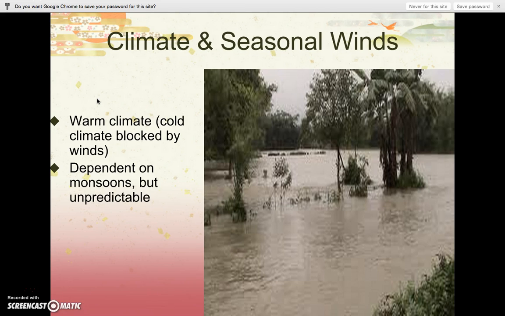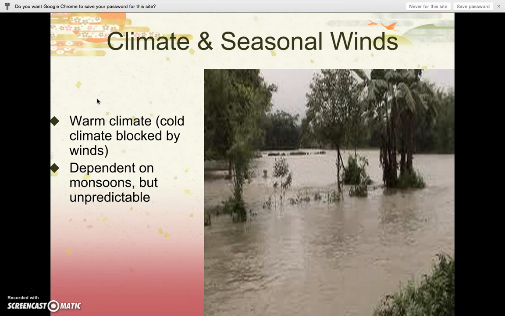As far as the climate is concerned, you probably know that India is very mild, if not very hot. A lot of that is because all the cold winds that are coming from north of the Himalayas cannot get over the Himalayas. They just get blocked. So ultimately that kind of traps this warm air in. Now this is a very, very fertile area, but at the same time, the weather is very unpredictable.